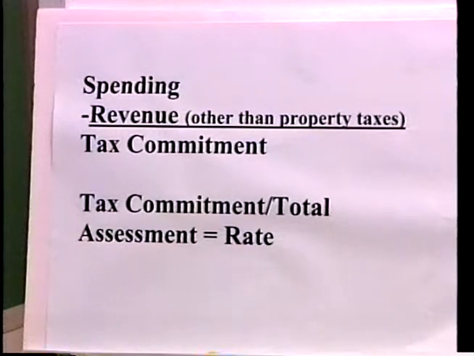The Board of Selectmen then will raise that total tax commitment by sending each person a tax bill. What each person pays is determined by dividing the tax commitment by the total assessment to get the rate, and then multiplying the rate times each person's individual assessment. When all of that money comes in, it is the total tax commitment, which is the difference between spending and revenue. Let's look at these a little more closely.